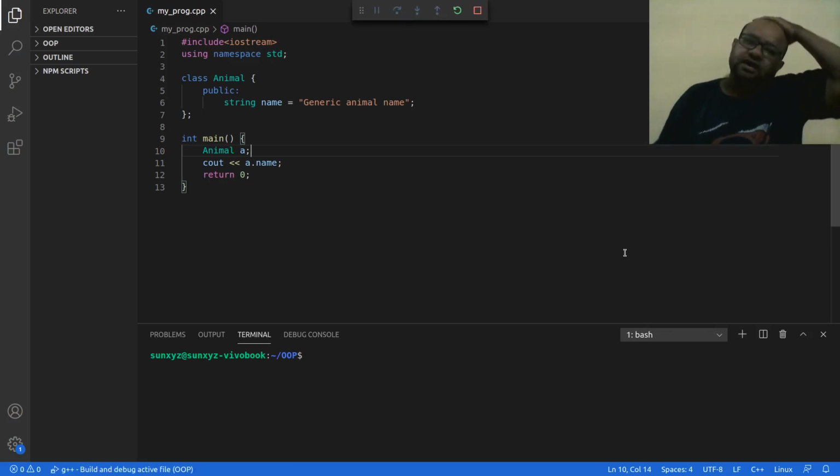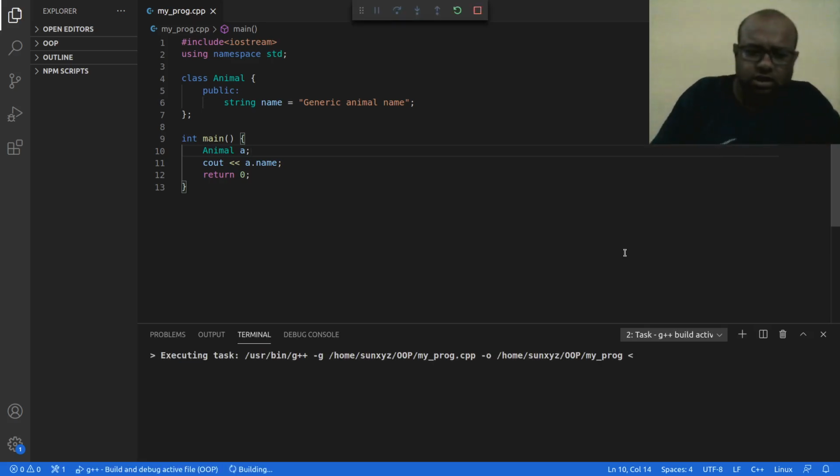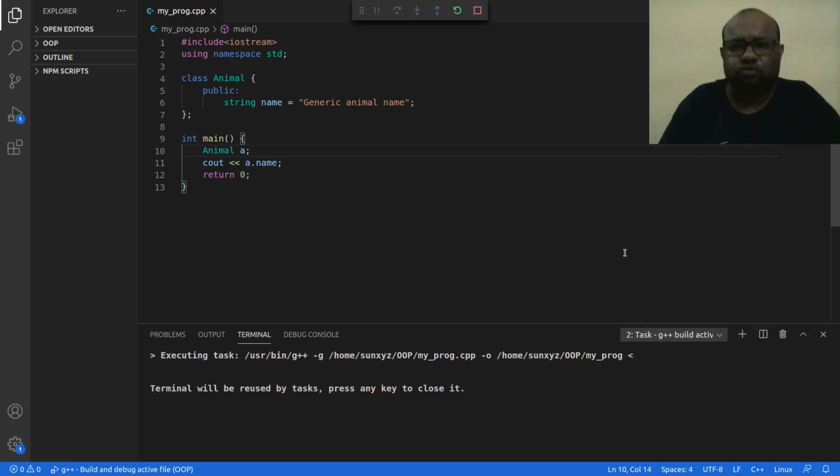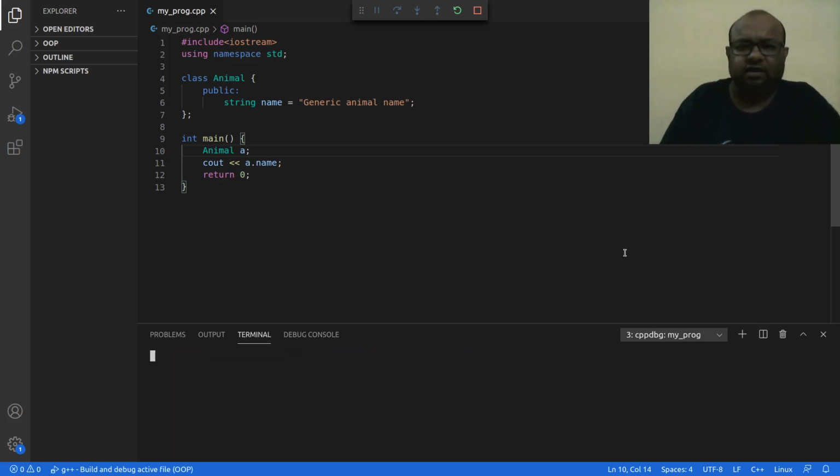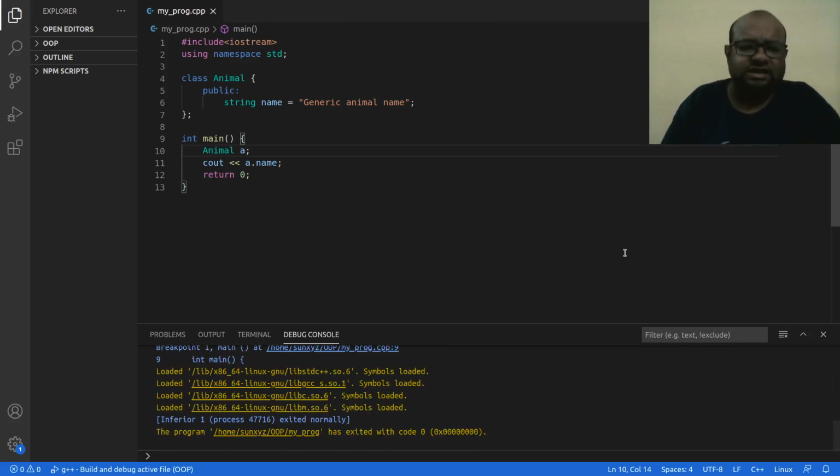Now it should be very familiar to you. You should have a very good understanding of what should be the expected output of this program, right? Here I have created this class animal, and then there is this attribute name. This is a public attribute, so I can access it in my main function, right?